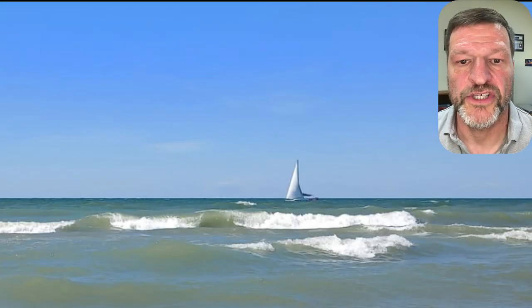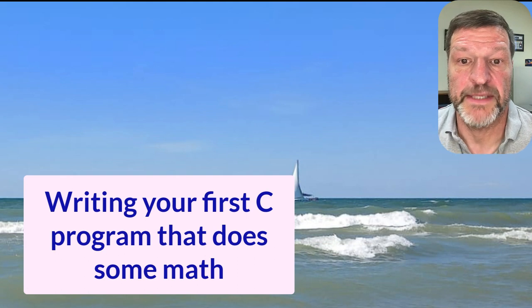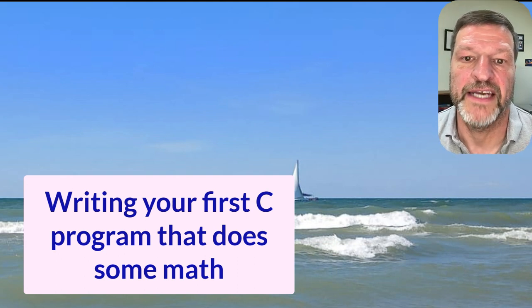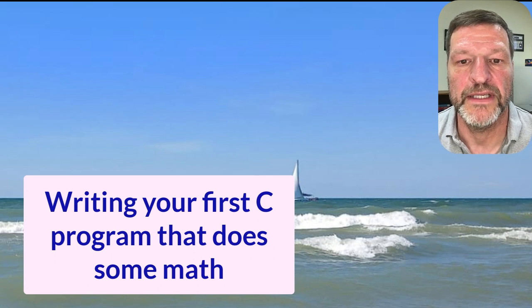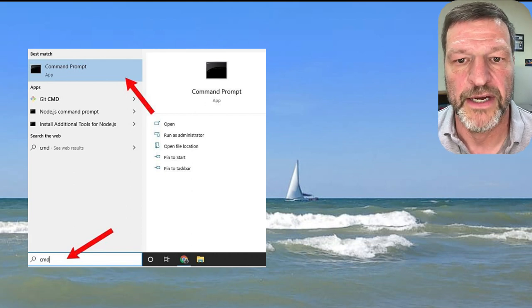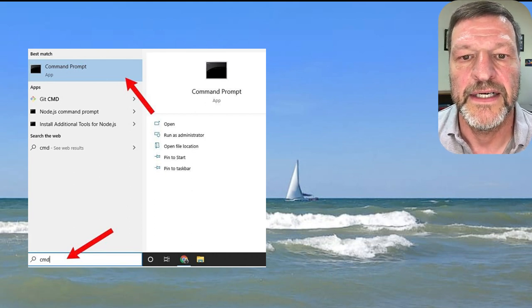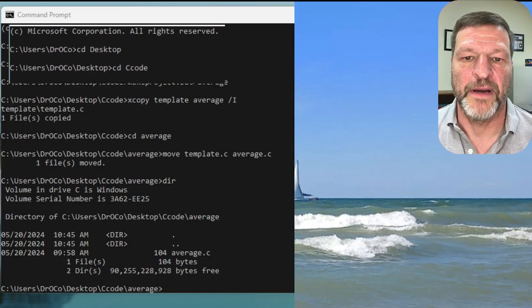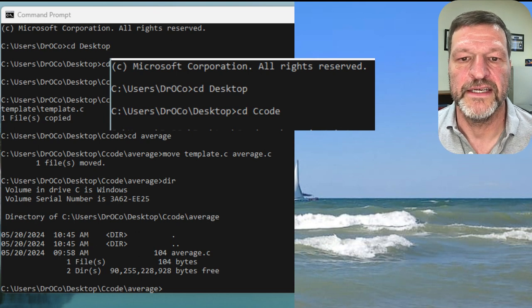In this lesson, we're going to write a new program that does some math and looks like the kind of technical calculations that you're probably learning C for anyway. Of course, we start by getting the command prompt up, typing CMD in the search bar. And up comes the command prompt, and we do cd space desktop, cd space C code, and then we're in